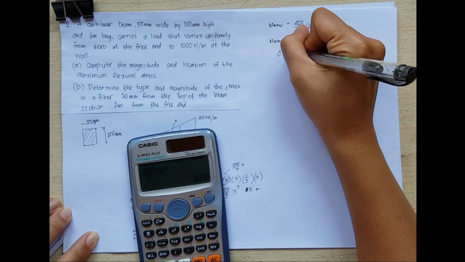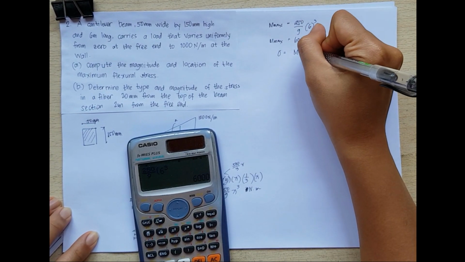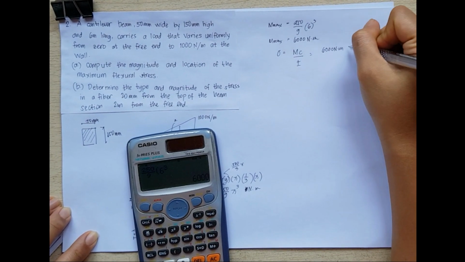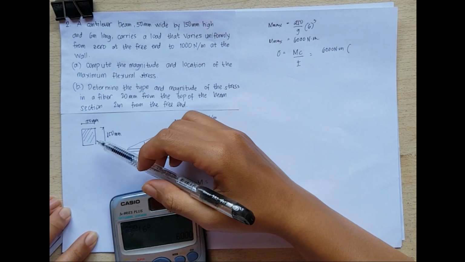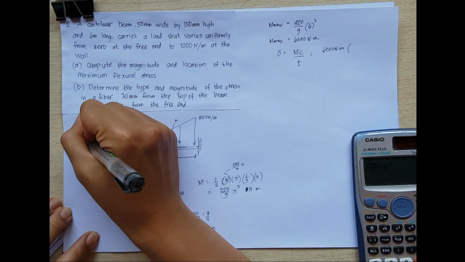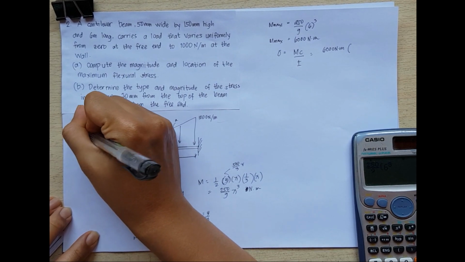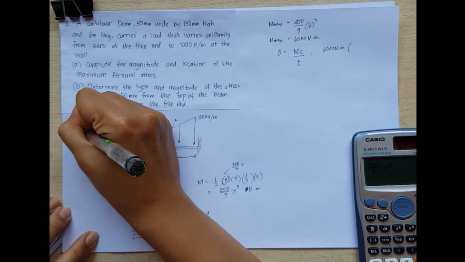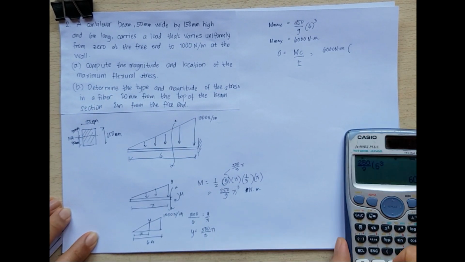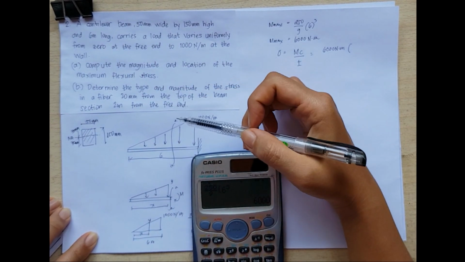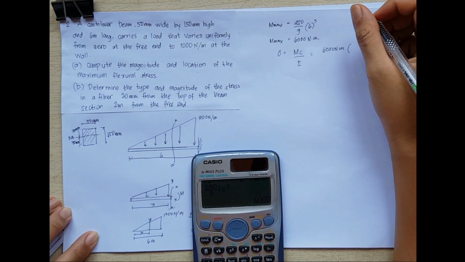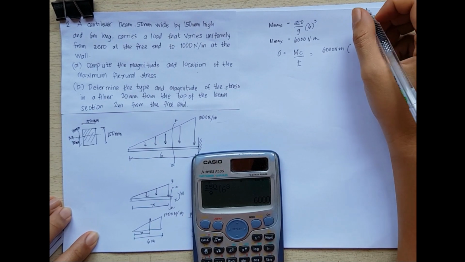So, the maximum flexural stress is equal to Mc over I, so it is equal to 6,000 Newton meter. And then, our c, since this is a rectangular section, the distance from the outermost fiber to the neutral axis is equal to 75 millimeters. It is easy to get the distance from the outermost fiber if it is in a regular shape, like these,